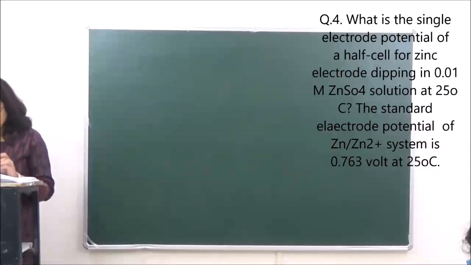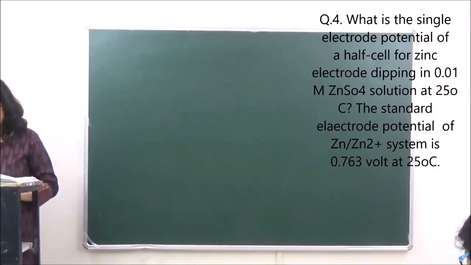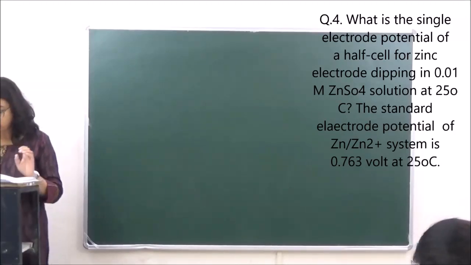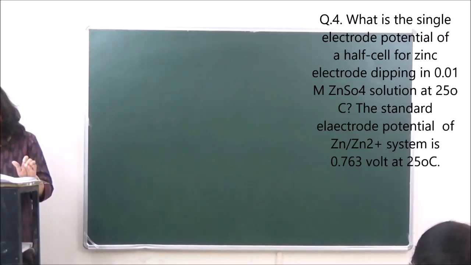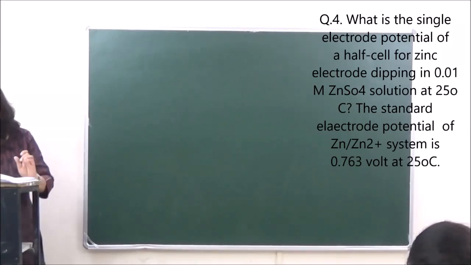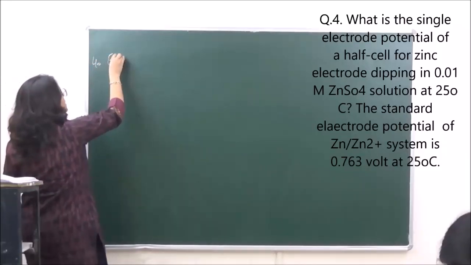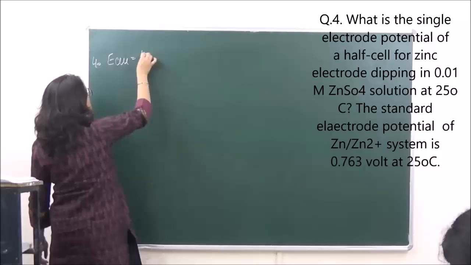Question number 4 is, what is the single electrode potential of a half cell of zinc electrode dipping in 0.01 molar zinc sulfate solution at 25 degrees Celsius? The standard electrode potential of zinc is 0.763. So this is a very easy question. We just put the Nernst equation directly. The Nernst equation is